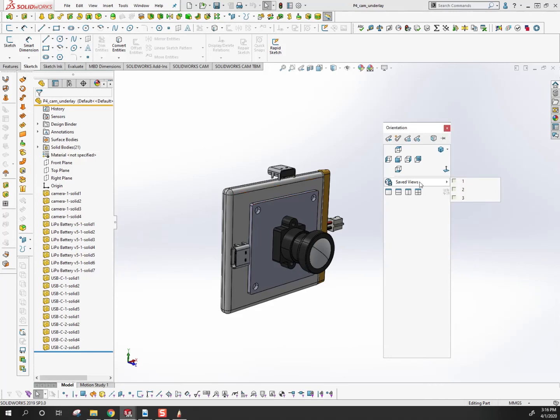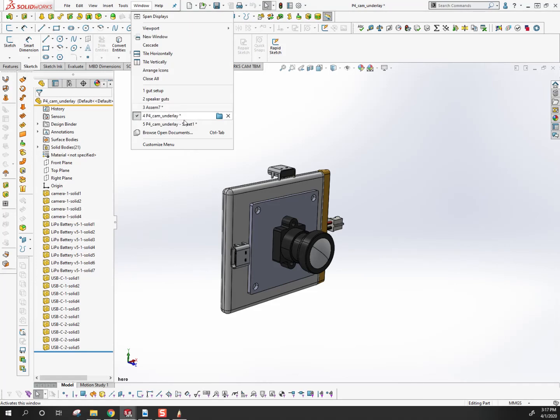So you can click on this, or sorry, click on this up here. It's like this telescope with a little star above it. Click on that, and it will bring up a pop-up that says named view. So you can say like hero, or whatever you want to call it. And now if I go back to this sheet,